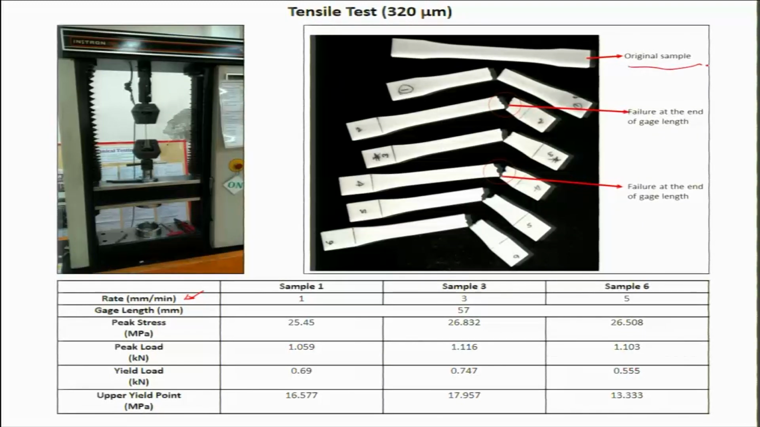This is the original sample. This is the failure at the end of the gauge length of different samples, okay, which are in place. And then we can see the peak stress, the peak load, the yield load, upper yield point of some of these